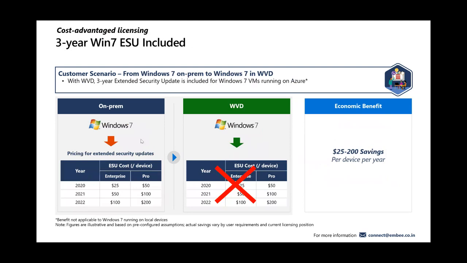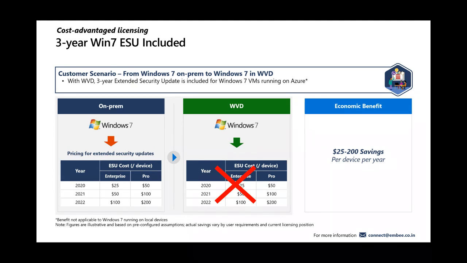So now we'll discuss Windows 7 extended support. If you are using Windows 7 today, the support for Windows 7 will end in January 20. My bad, it has already ended. And it will incur additional costs if you wish to continue to get extended security updates after that. Depending on the calendar year and your Windows 7 license tier, the cost per device that we consider for security update management is up to $200.